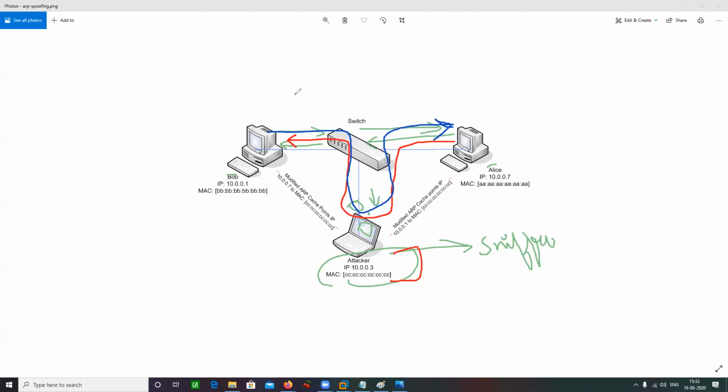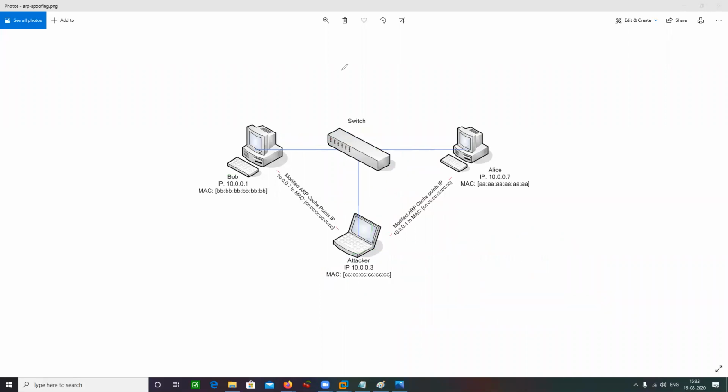If I need to give you an example, let's say this is a switch. This switch has three interfaces, 1, 2, and 3. There are three different physical ports on which these machines are connected. So in the CAM table, the switch is going to make a record of this. On my first interface, the machine having this MAC address BB is connected. On my third interface, AAA is connected. On my second interface, CCCC is connected.